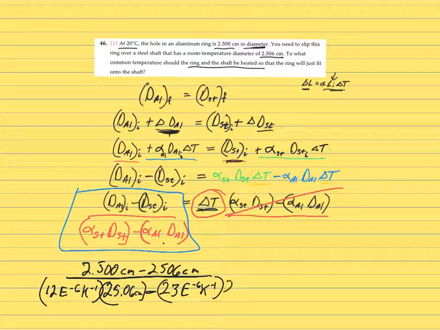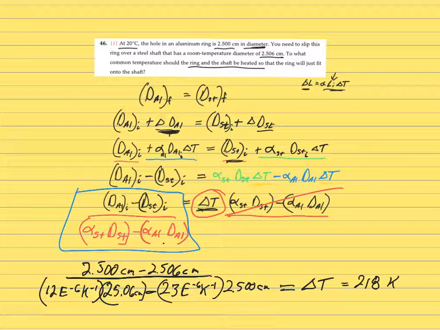And the initial of that was 2.500 centimeters. And what you're going to get is a change in T after you throw all that in your calculator. Careful, there's a lot of order of operations there. But I'm getting a change in T equaling 218